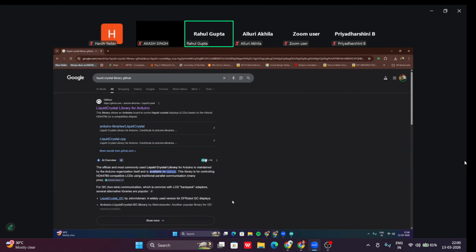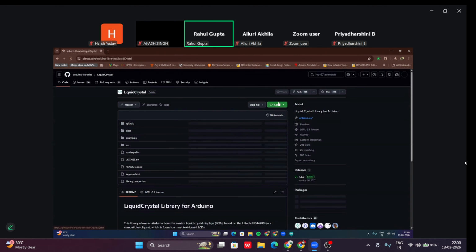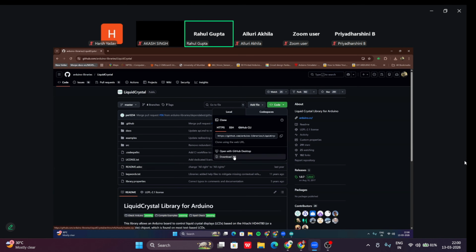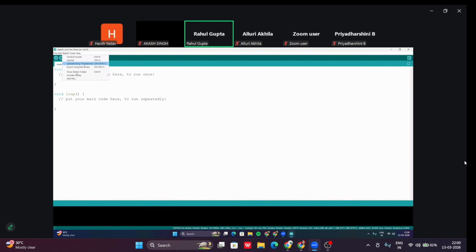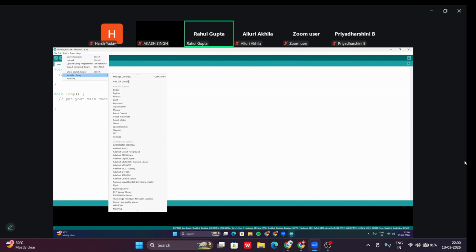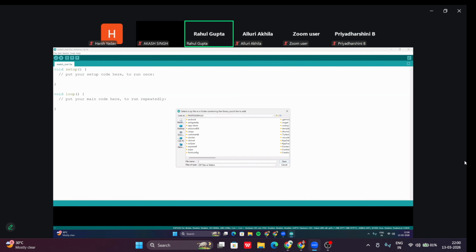I hope you're understanding. Are you getting me? Did you get it? Yes, sir. So what I'm going to do here now, I'm going to go to this code option and go to download zip file. Now this file has been downloaded. I'm going to go here, to the sketch part, include library, add zip file, wherever I've stored it,